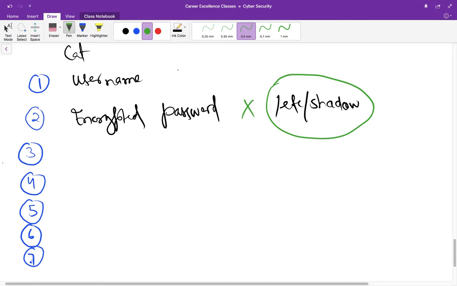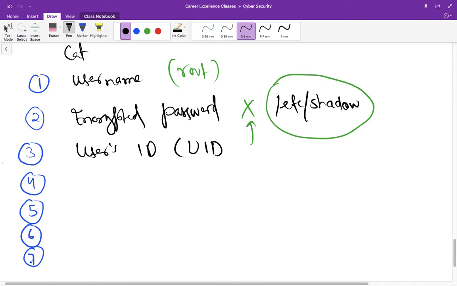So in our example, root was the username and the encrypted password is x. The third field is the user ID, also called the UID. The fourth field is the user's group ID, or in short, the GID.